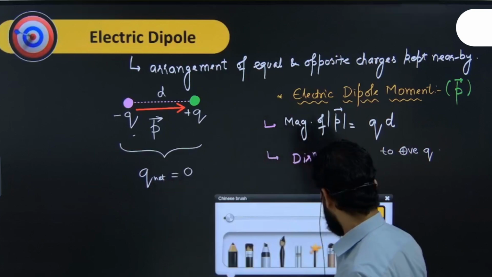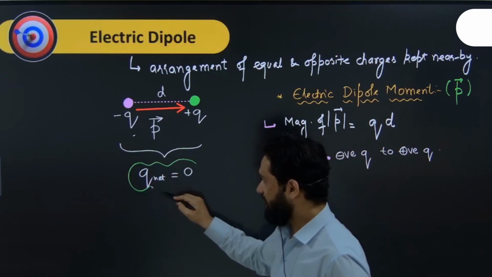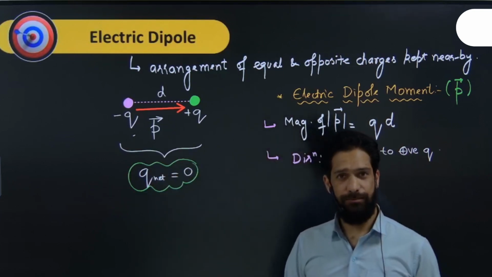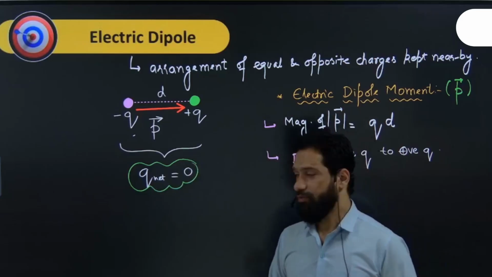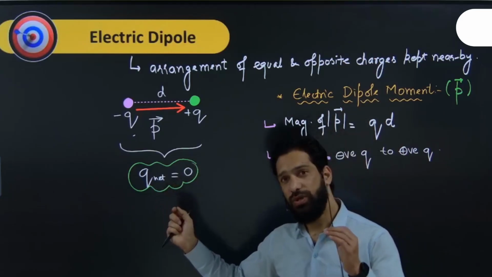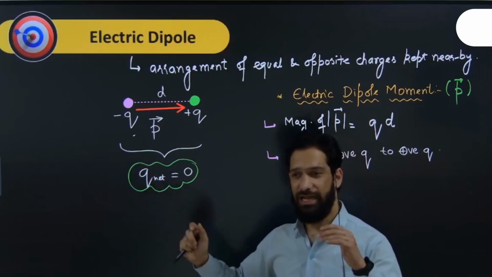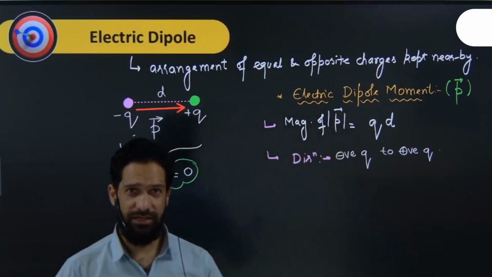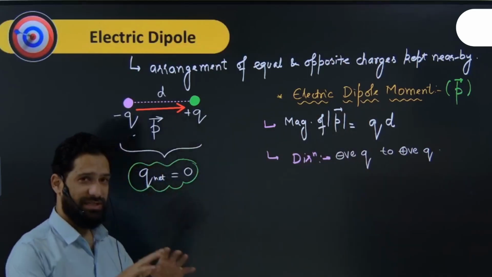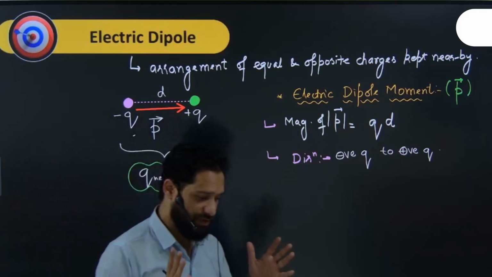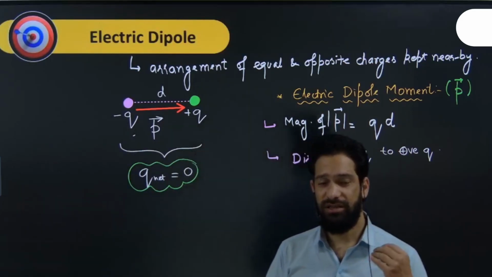In other words, whenever you see a diagram or a question in your exam which has a net charge 0, we may think that it may be a question of dipole. Okay, it is just a hint I am telling you, not necessarily always, but maybe sometimes, whenever the sum of the charges given in a particular diagram is 0,